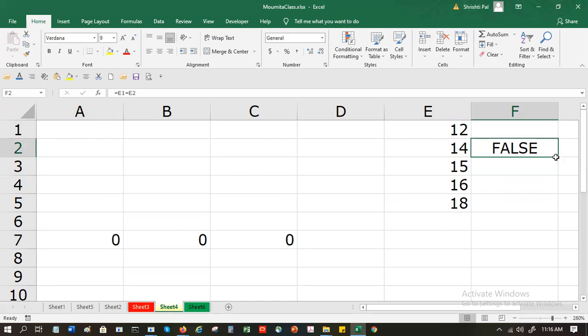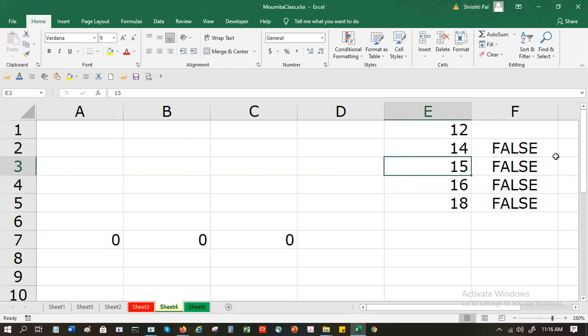I've sorted it, and by virtue of these two being sorted, if there is a duplicate value, this will come out as true. This is another way, but it is a more cumbersome process according to me.